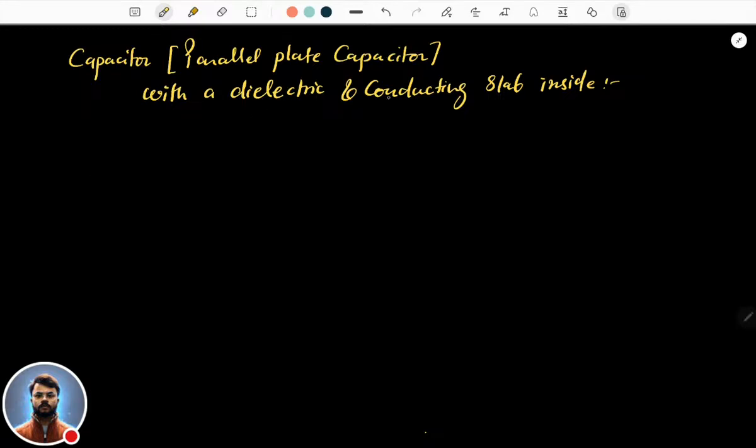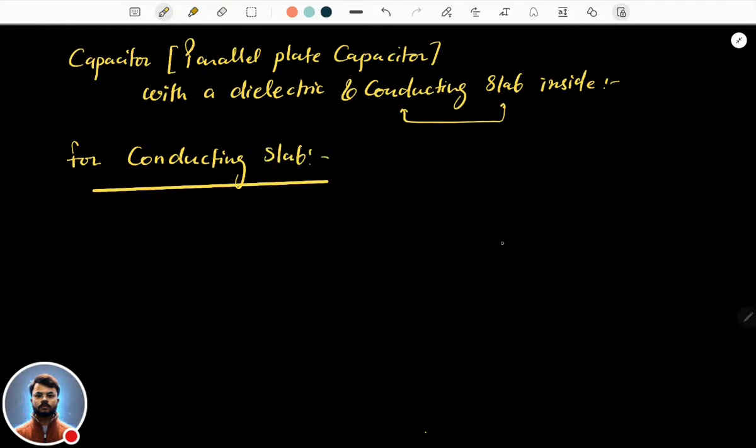So let's start with the conducting slab, because when we go for a dielectric slab, there is a particular topic, the dielectric polarization, that we need to know before we discuss it. So first we discuss the conducting slab, then we go for the dielectric slab. Alright, so here for the conducting slab,